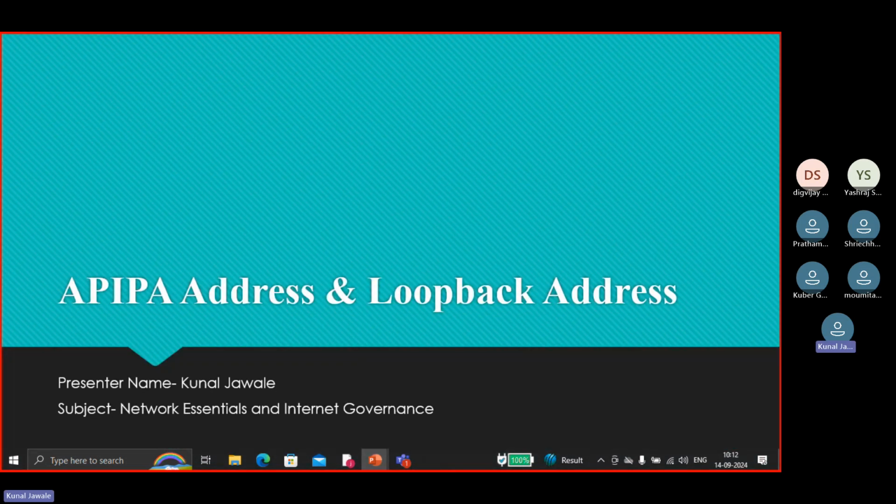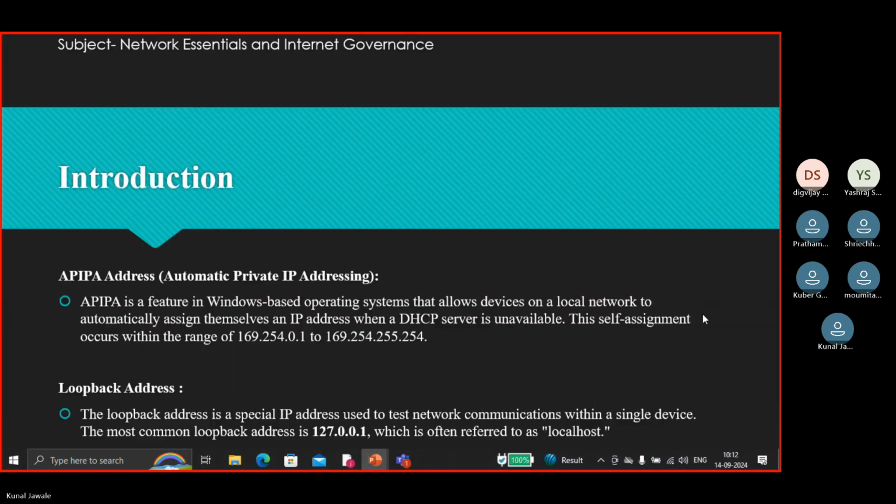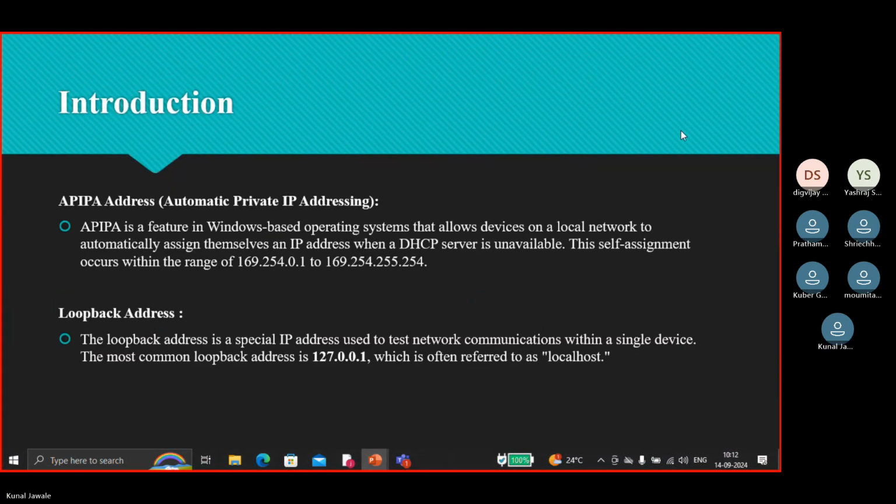So, APIPA address and loopback address. Introduction. APIPA means Automatic Private IP Addressing. APIPA is a feature in Windows-based operating systems that allows devices on a local network to automatically assign themselves an IP address when a DHCP server is unavailable.